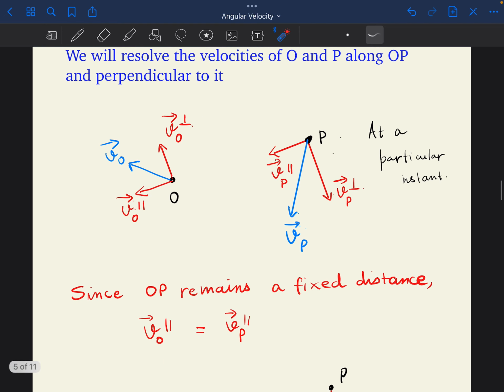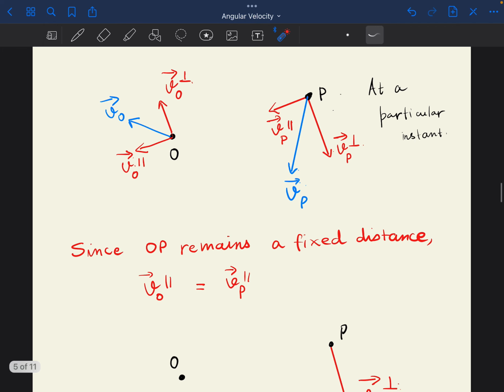So let's move on to what we want to do with these components. Since OP remains fixed, this is something you might be able to understand very simply: in a particular infinitesimal time interval after this instant, the distance OP should not change, because the distance OP never changes. So in the time dt after this instant, the distance OP should not change, and therefore, I will write it here, since OP remains fixed,